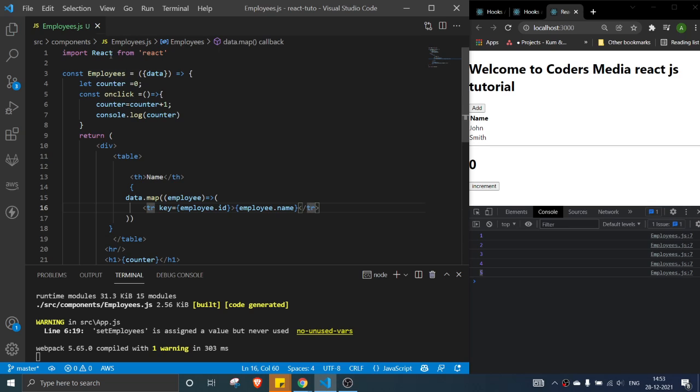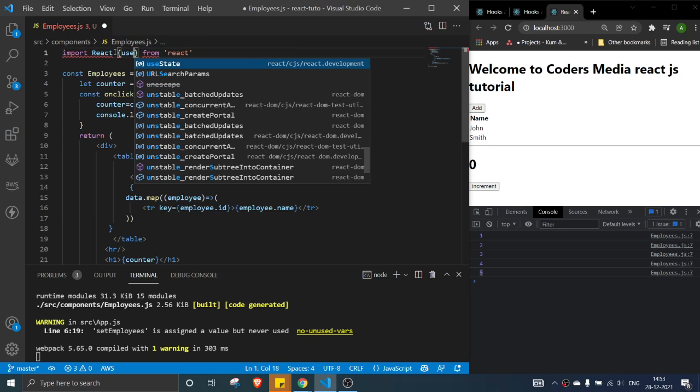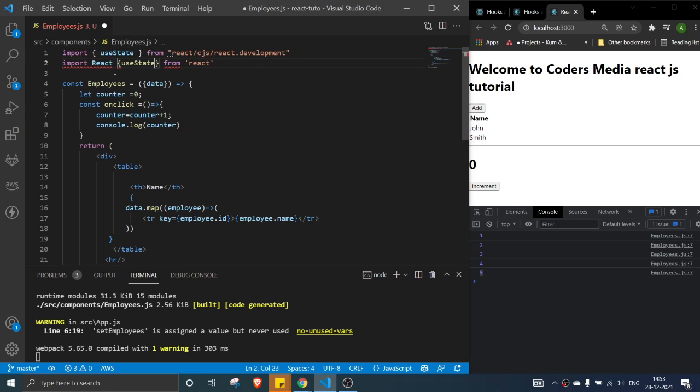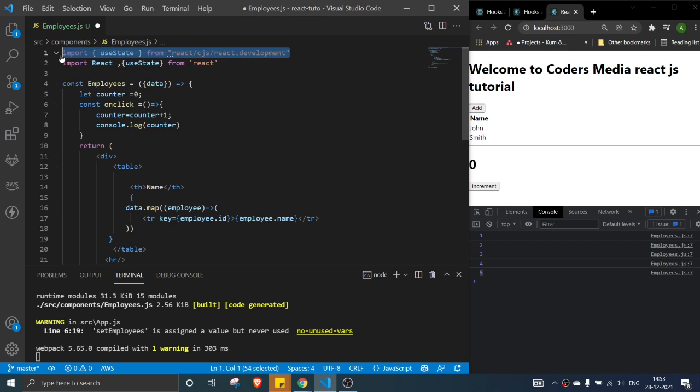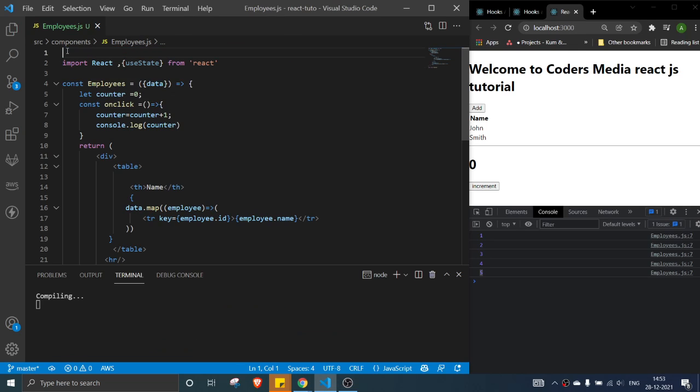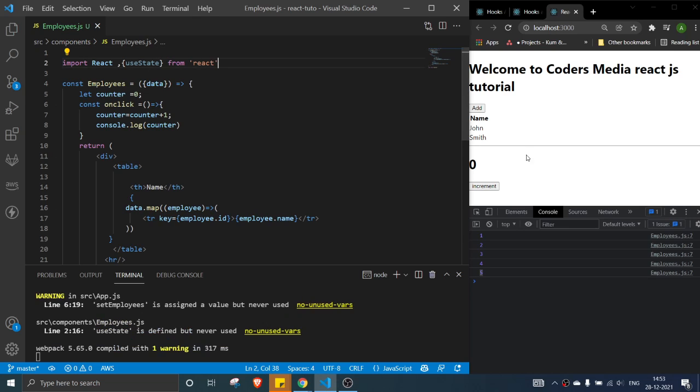So here React has a concept called useState. With the help of useState we can update the UI without refreshing the page. It's kind of stateful: whenever there is an action, it will be reflected in the DOM as well. So how do we achieve that?